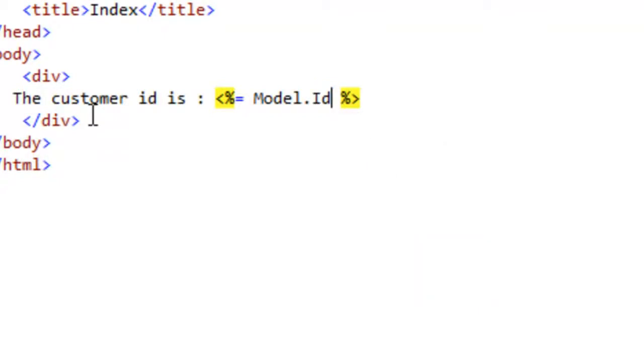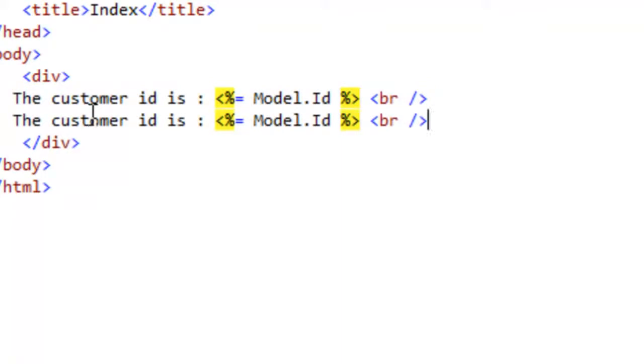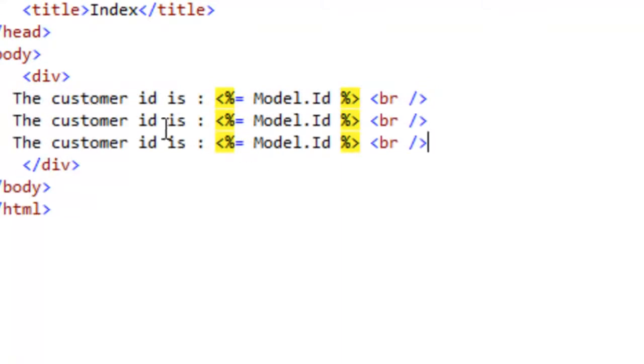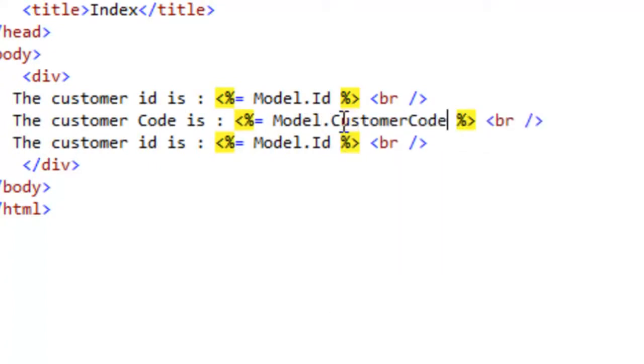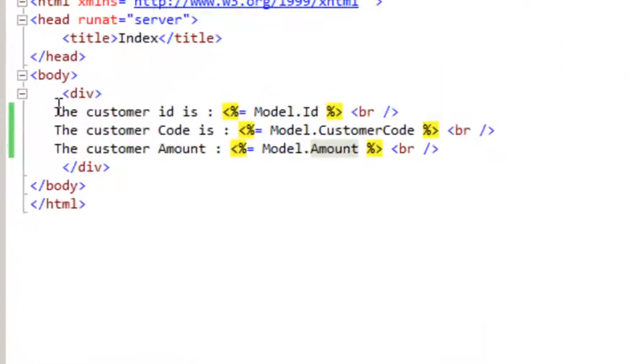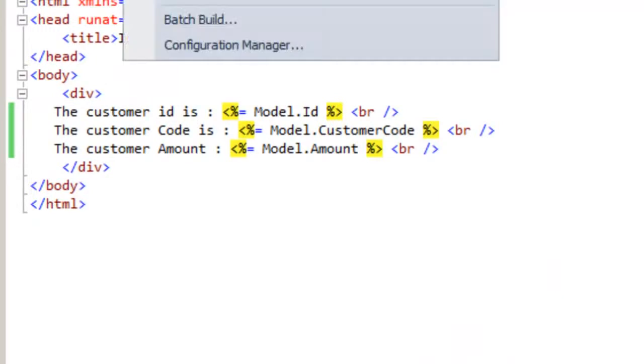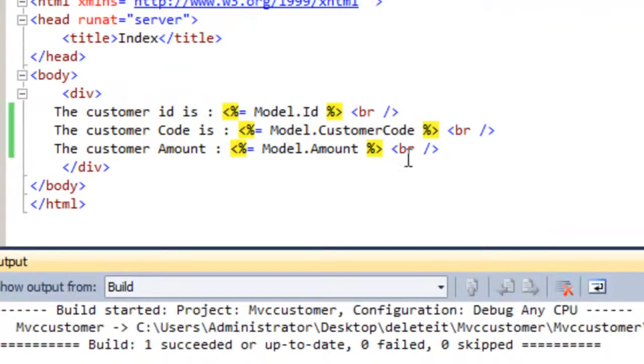So let's tab here. So the customer ID is model.id. Let's put a BR tag so that in the same way, let's display customer name. So sorry, customer code. I'm sorry, customer code dot customer code. Same way, customer amount. So that's the complete display we have. So let's just go and build this.